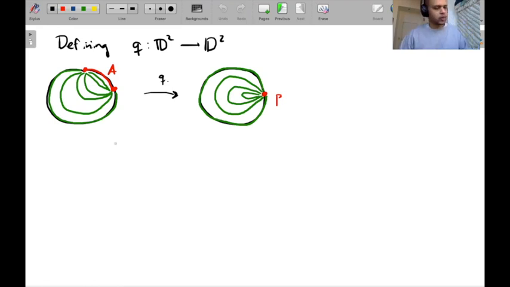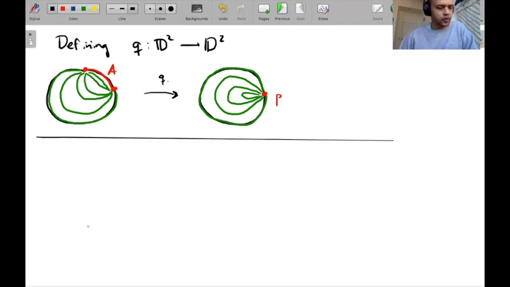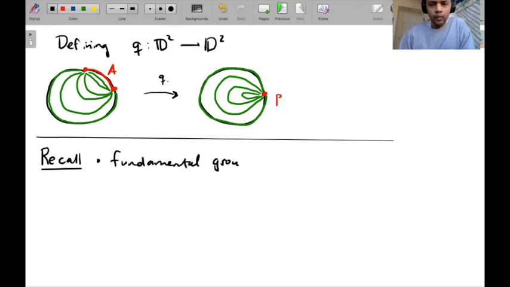Okay, so that's the warm up. Now let's move towards the fundamental group. Let me recall a few things. The fundamental group of X based at P,